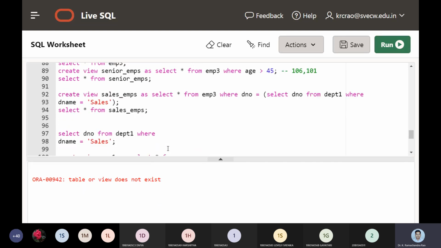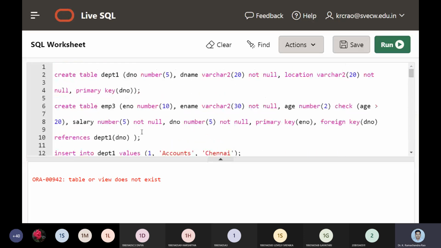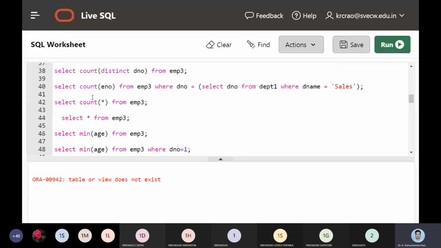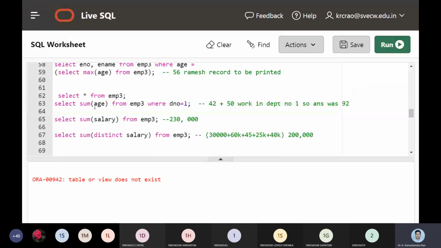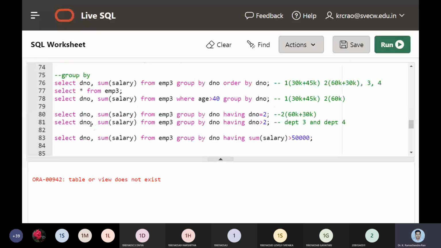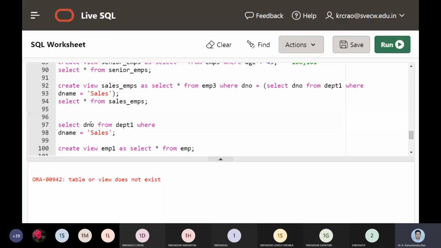So this is all regarding the topics we have taken up as part of this exercise. We took up department, we took up employee, then we made aggregate operations: count, minimum, maximum, sum and average operations. Then we worked with select command clauses: from clause, where clause, group by clause, order by clause, and having clause.